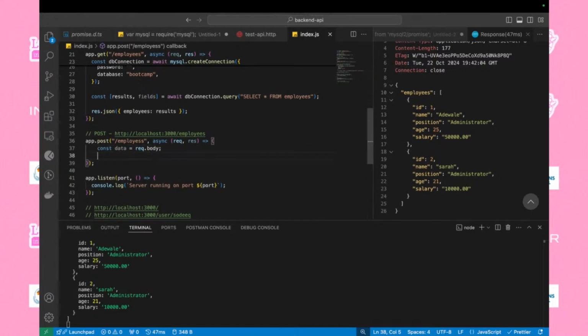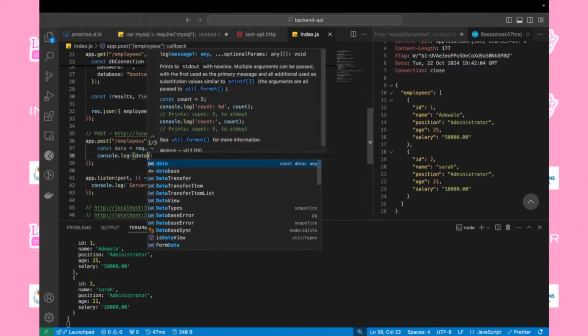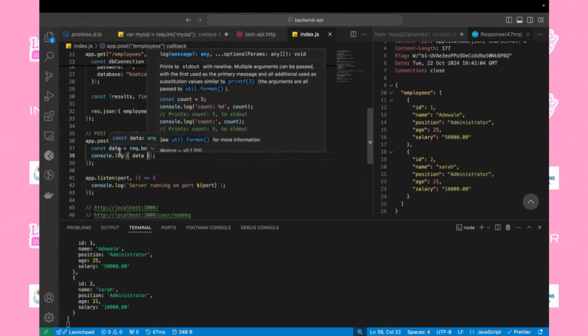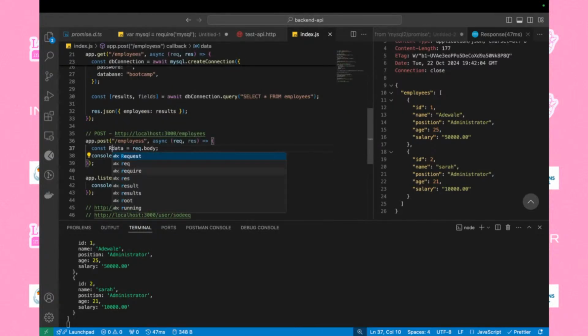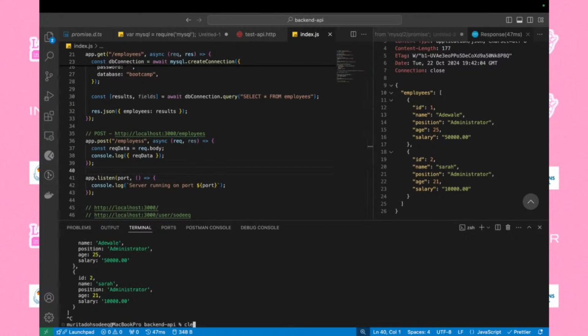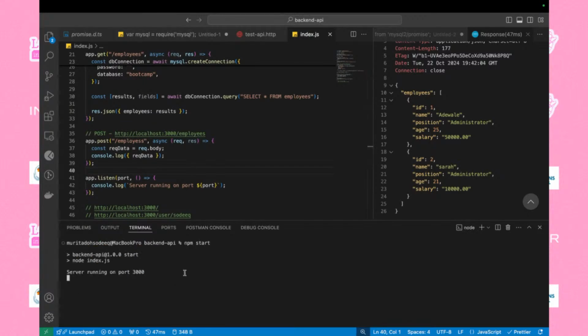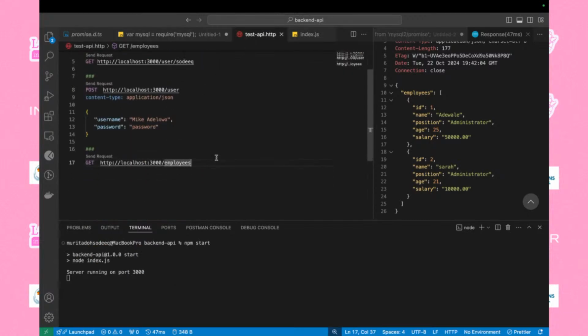Now let's check how the body will look like. Let's pay attention to this. I want to log it again for us. Console.log the data. Let me name it request data. So if I stop the server and start it again, go back to our post data,